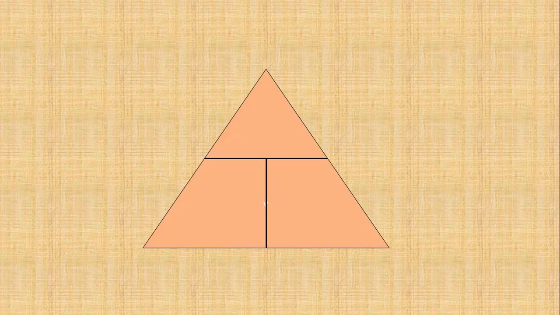This formula can easily be understood with the help of this triangle. In the upper part of the triangle, we write the potential difference V, and on the lower part we write I and R. I is the current and R is the resistance of the conductor. V is the multiplication of I and R, that is V is equal to IR. If we want to find the value of the current, it is V upon R, and if we want to find the value of resistance, it is simply V upon I. So with the help of this diagram, we can easily remember the relation between current, voltage and resistance.